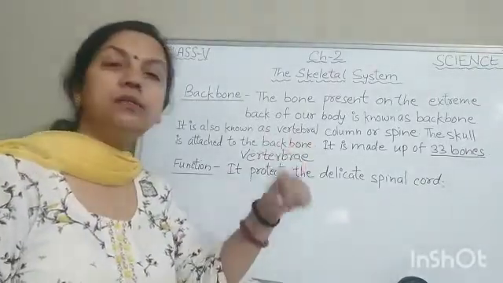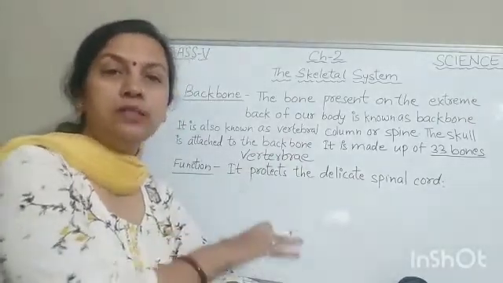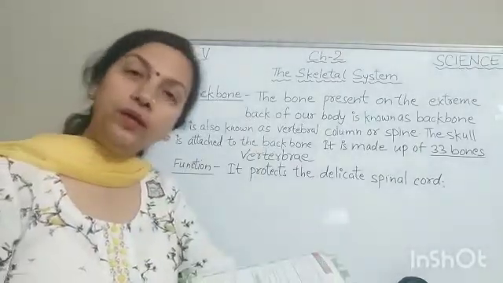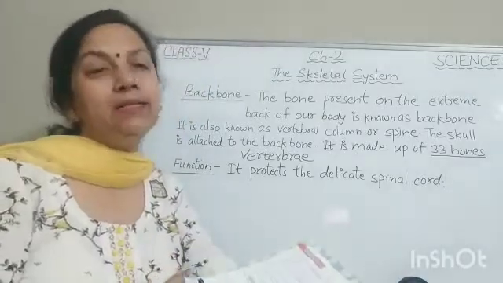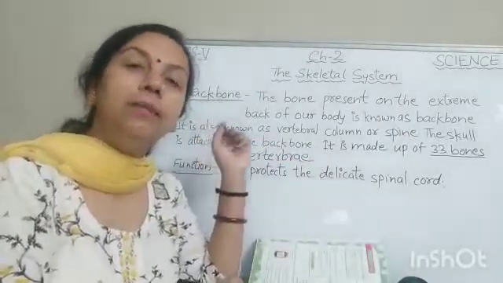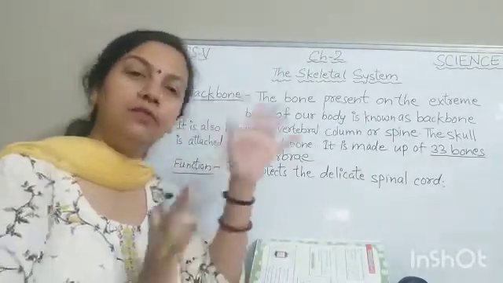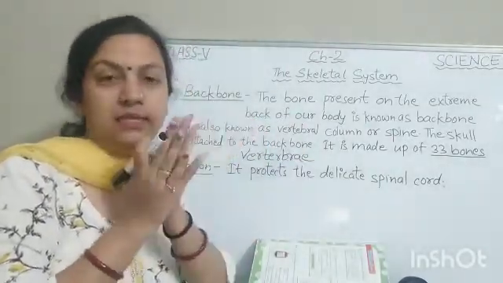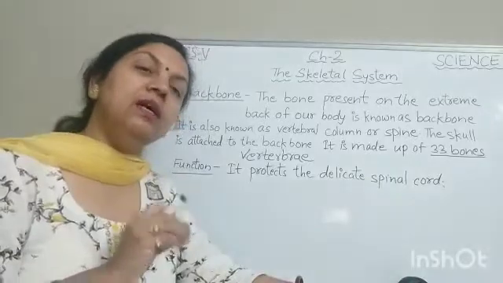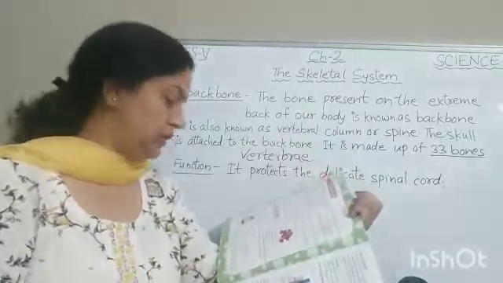So children, this much we will do from this chapter today. Then in our next video we will continue the chapter. But before ending this chapter, we will solve the worksheet 1 of chapter 1, which is given on page number 8 in your book. I have given it in the home assignment. Many of you have done, but many mistakes are also there. Some students have done very well, but some have done mistakes in that. So kindly match your answers with my answers and do the correction if needed. Clear? Do it in your book. So let's solve worksheet 1.